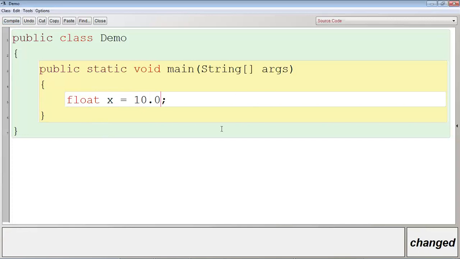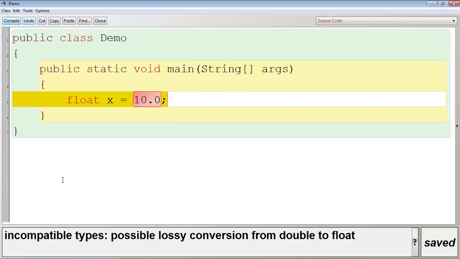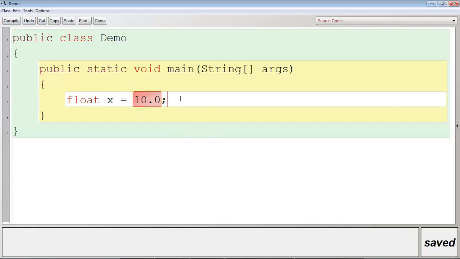Why? Sir, 10.0 is a real value, a point value, so why the error? Now listen. First of all, let me show you. Yes, it is giving an error. Why, sir? What is the reason? Whenever a compiler sees a numeric value having a decimal point without any suffix, it considers that value as a